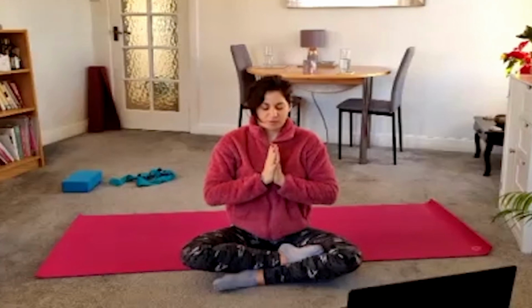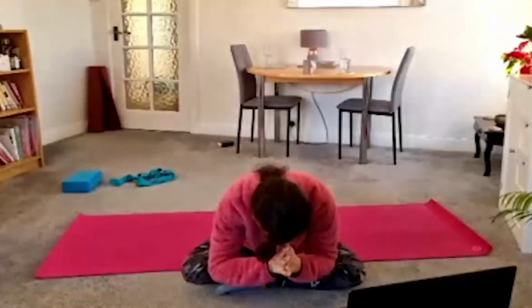Cross the legs, take the palms together. Sit really tall. Drop your shoulders. Breathe in, lengthening all the way to the crown of the head. Breathing out. Inhale. Exhale. One more inhale. And then as you breathe out, take a forward fold, take your fingers to your forehead,